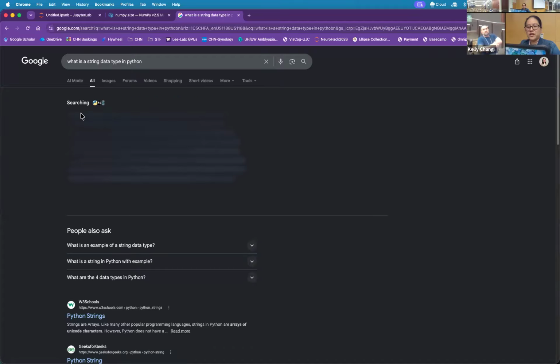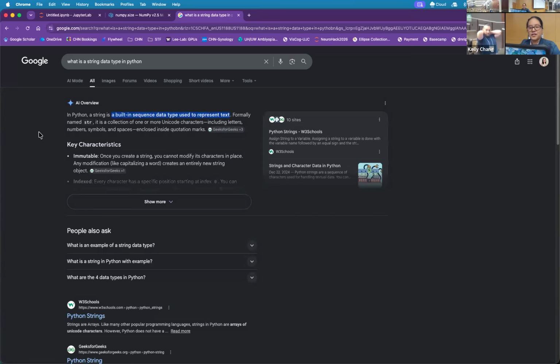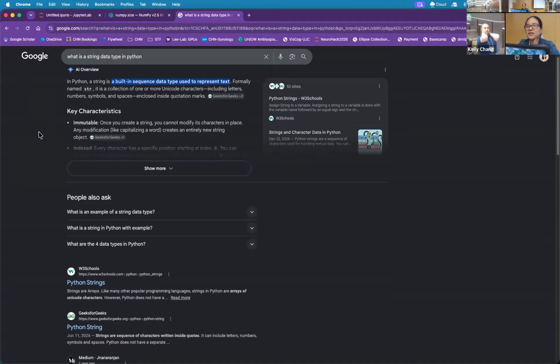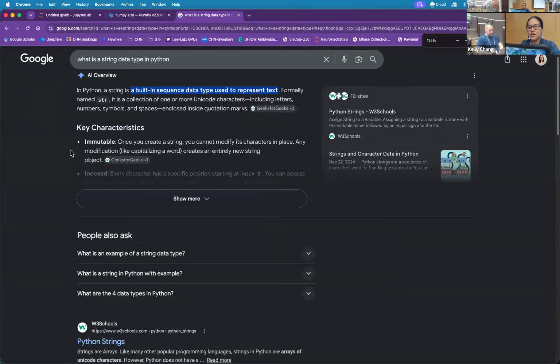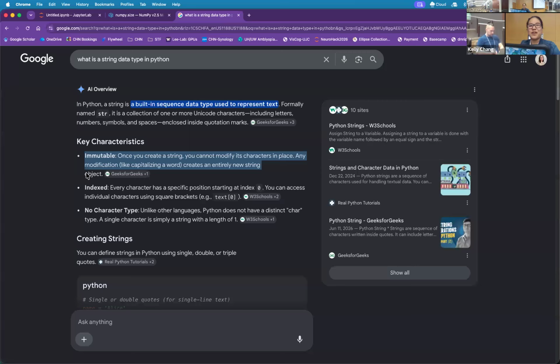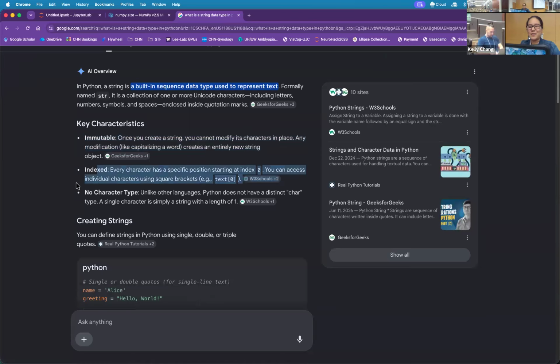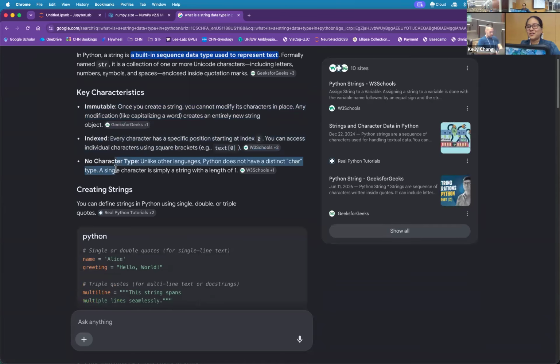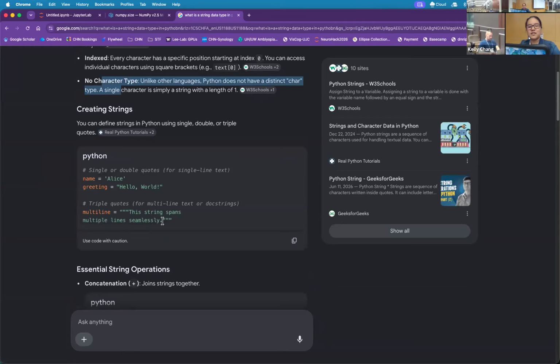I do want you to note that I will typo, but also that one of the things about Python, as mentioned before, is that it's so popular and readily available on the internet. Even Google's AI will immediately tell you about immutable characteristics of the string. Can it be indexed? Is there a character type? If it's a one-character or multi-character string, it'll even give you examples, on one line or two lines.